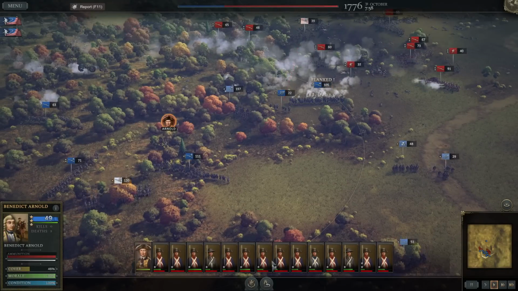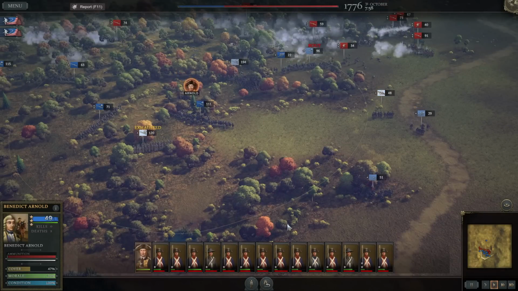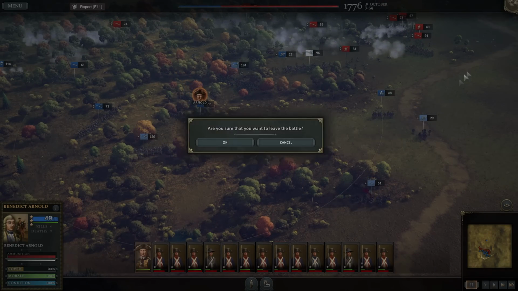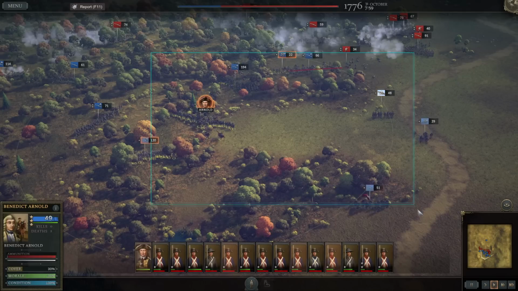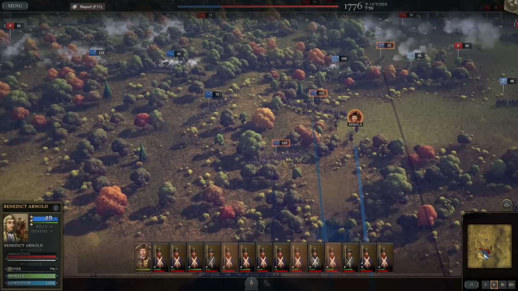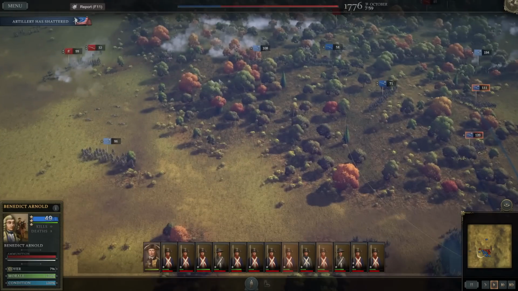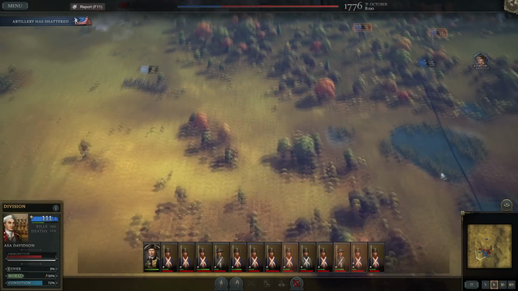Problem is I don't know. Is there a way to... How do you admit defeat in these battles? Because I could just leave, but that doesn't actually cause you to admit defeat. Everybody run for your lives! I feel like the process in retreating in these battles would get us more killed than...